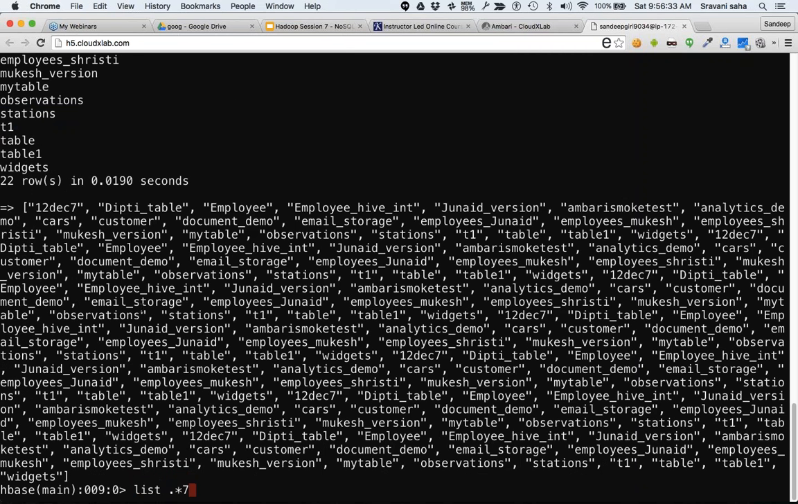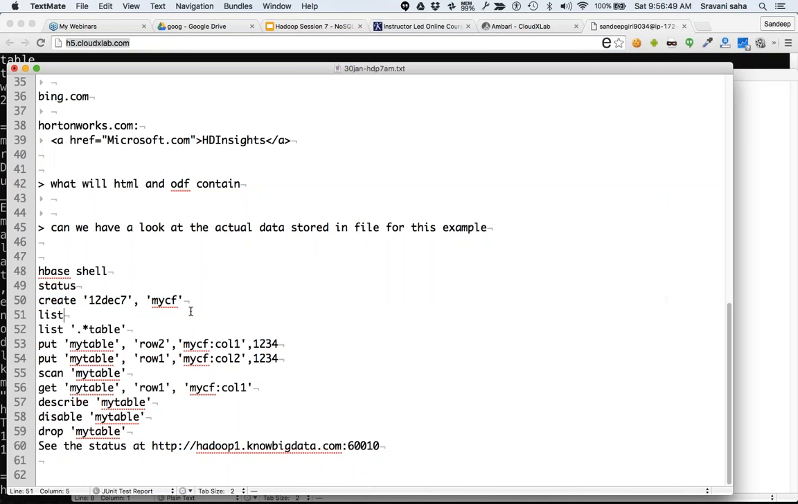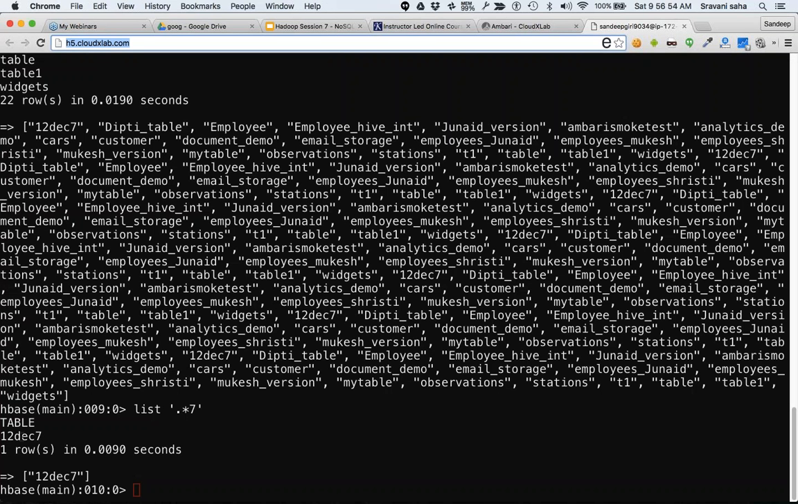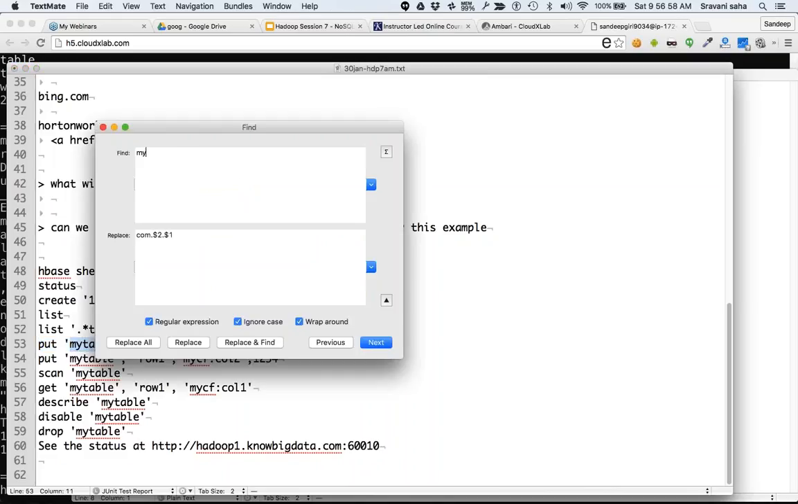Okay, so there is only one table that's matching dot star, which is 12 December 7. So we could also say things like that. And now if we have this table called 12 December 7, I think we can say,